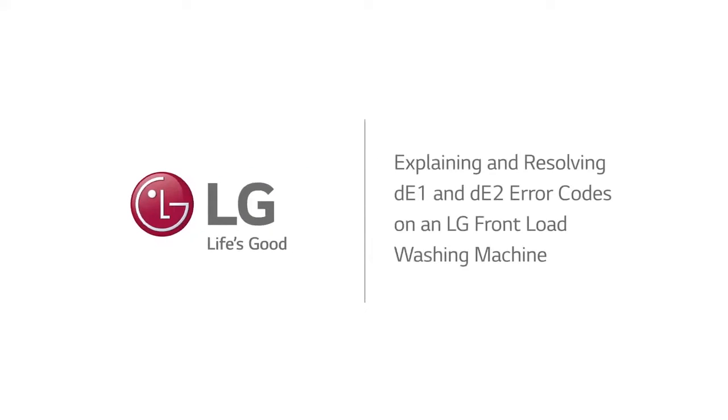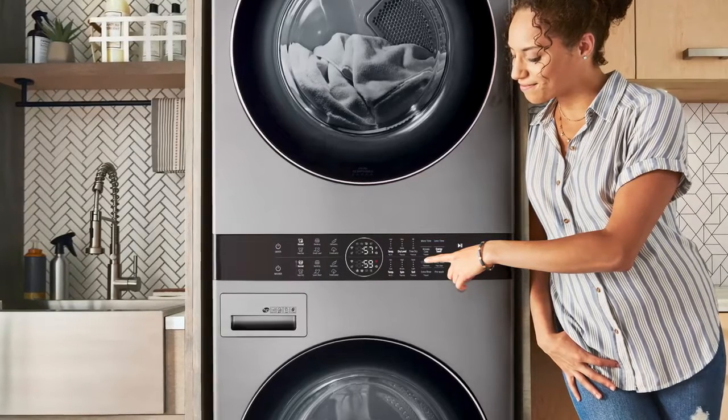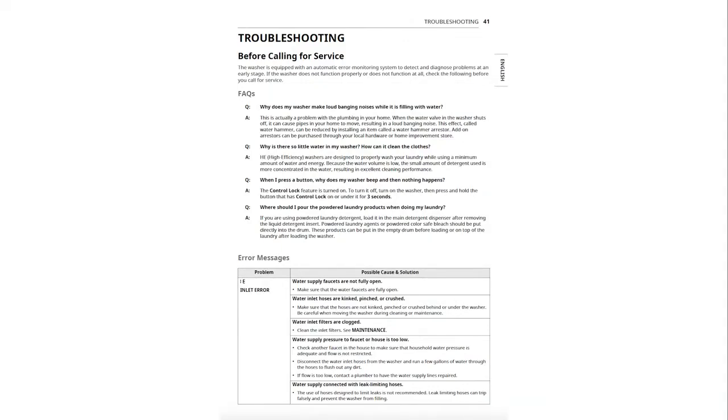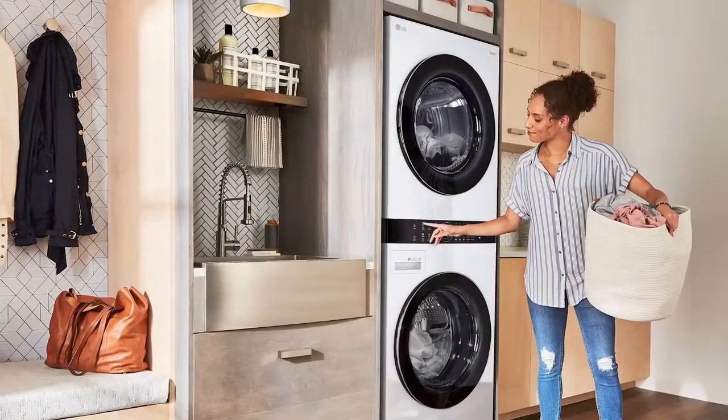Explaining and resolving dE1 and dE2 error codes on an LG front-load washing machine. LG makes it easy to diagnose a problem with your washing machine, saving you time on troubleshooting calls. If an issue occurs, the washer is programmed to display error messages that may help you get your machine up